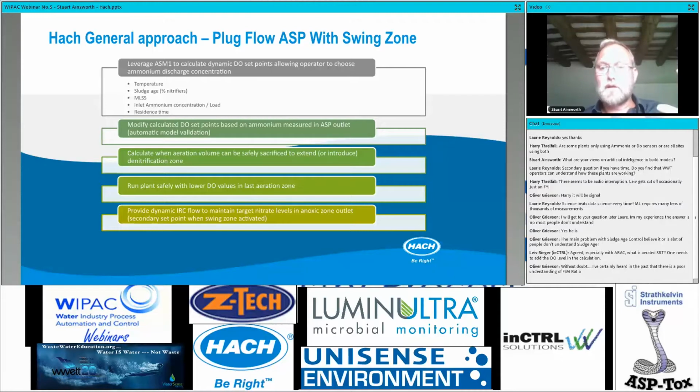So most people will tell you that their activated sludge plants have completely even flow across all the lanes or trains. And if you really dig into it, you can see there are some really big issues around flow distribution on certain plants. Also, if you look at when you're delivering a dynamic DO set point, you can really expose some of the